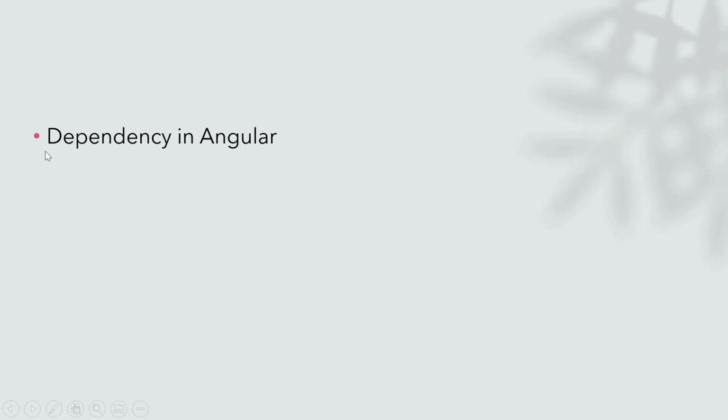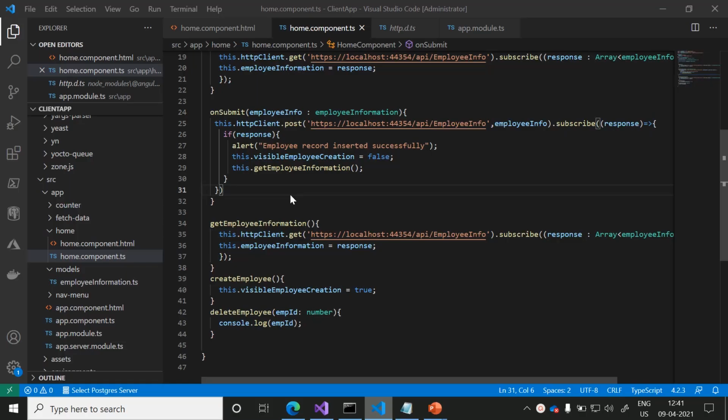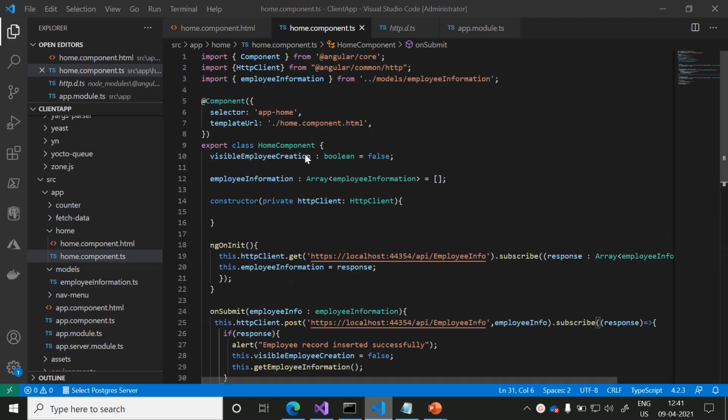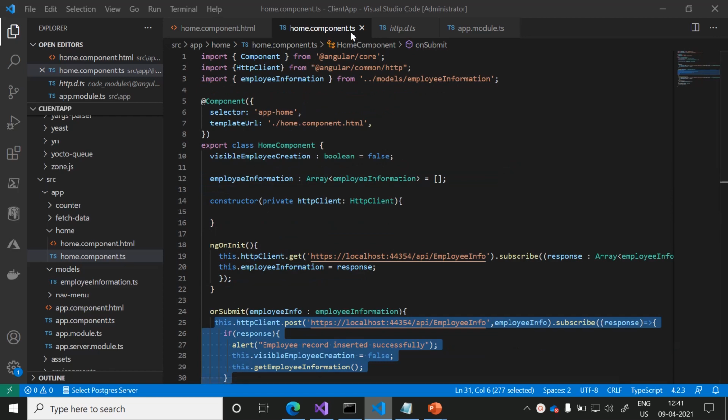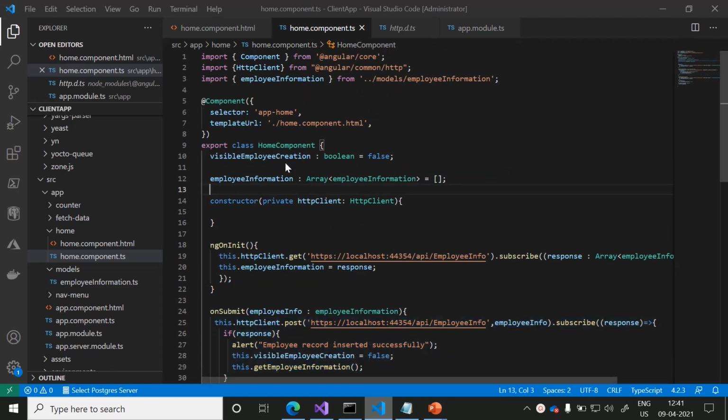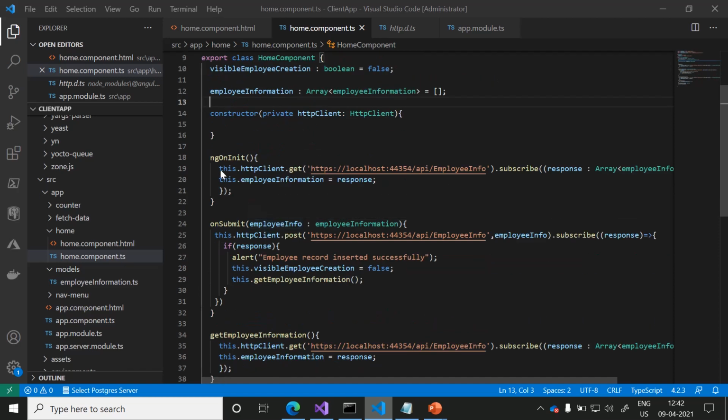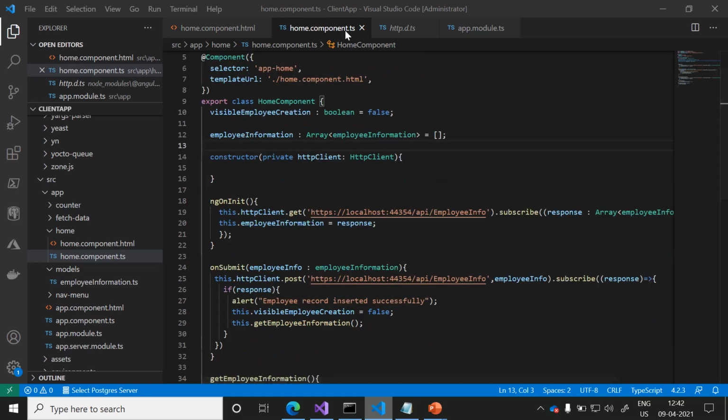In this video, we will try to learn dependency injection in Angular. If you recap our previous videos, we were able to design the HTTP client get and post calls within the component.ts itself, but it is not a good practice to do always. There is an injectable concept, nothing but a service concept, to separate the HTTP client calls from the component.ts. Angular supports dependency injection to separate these things from the component.ts as well.